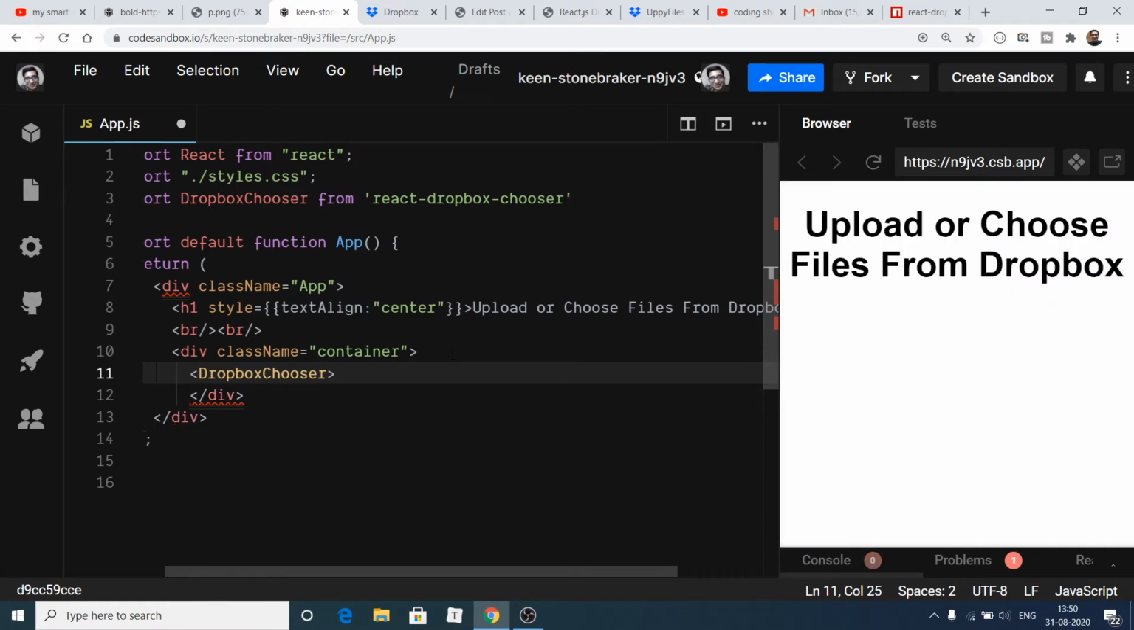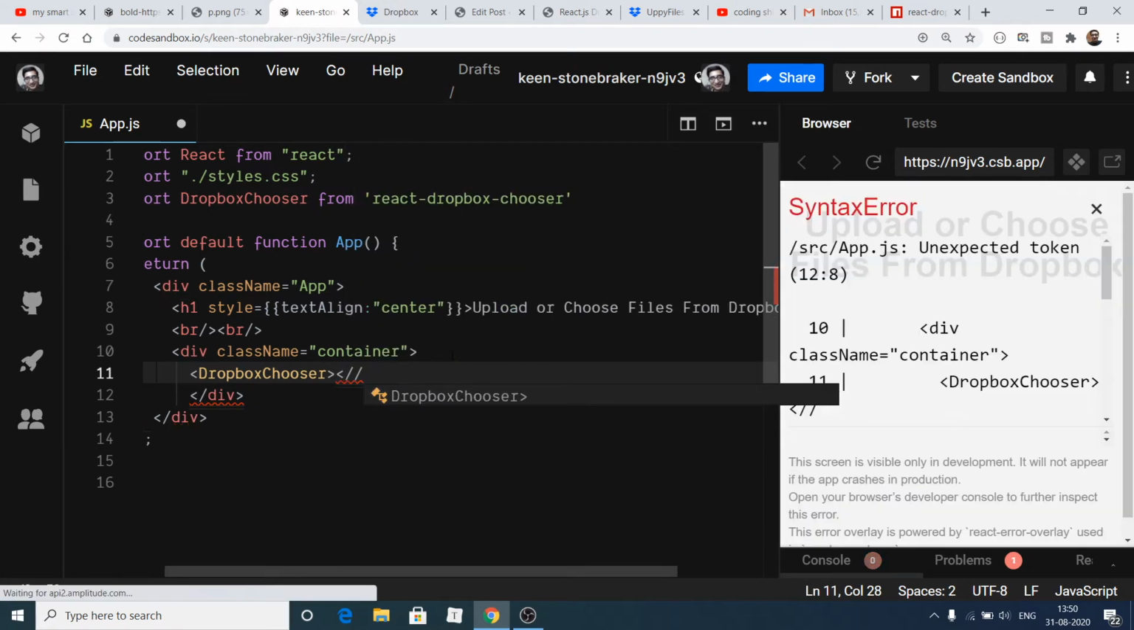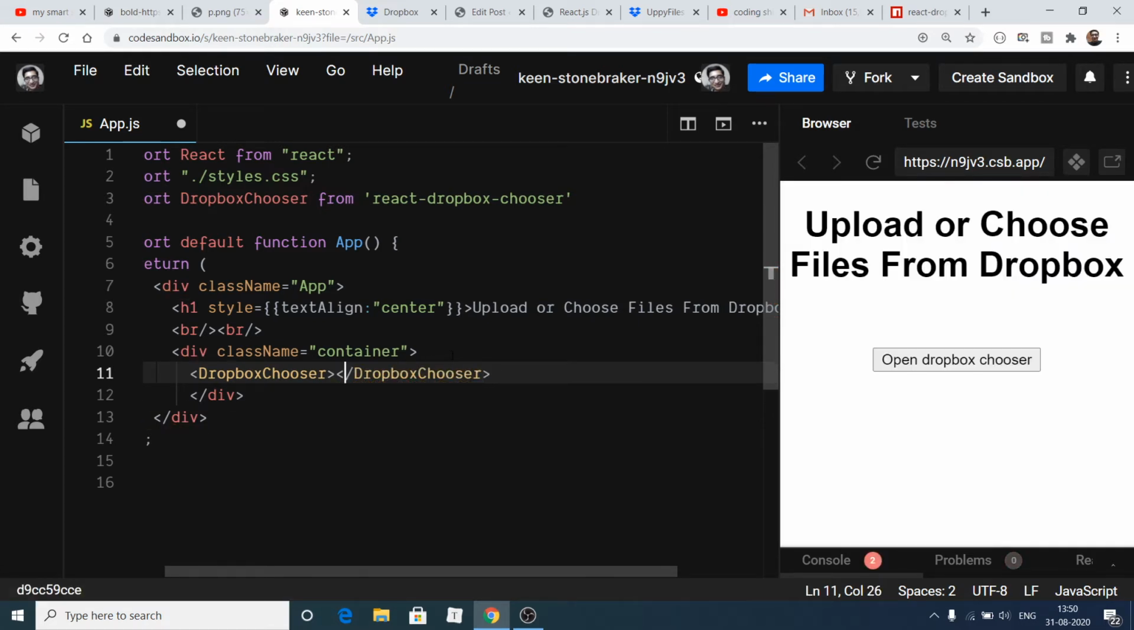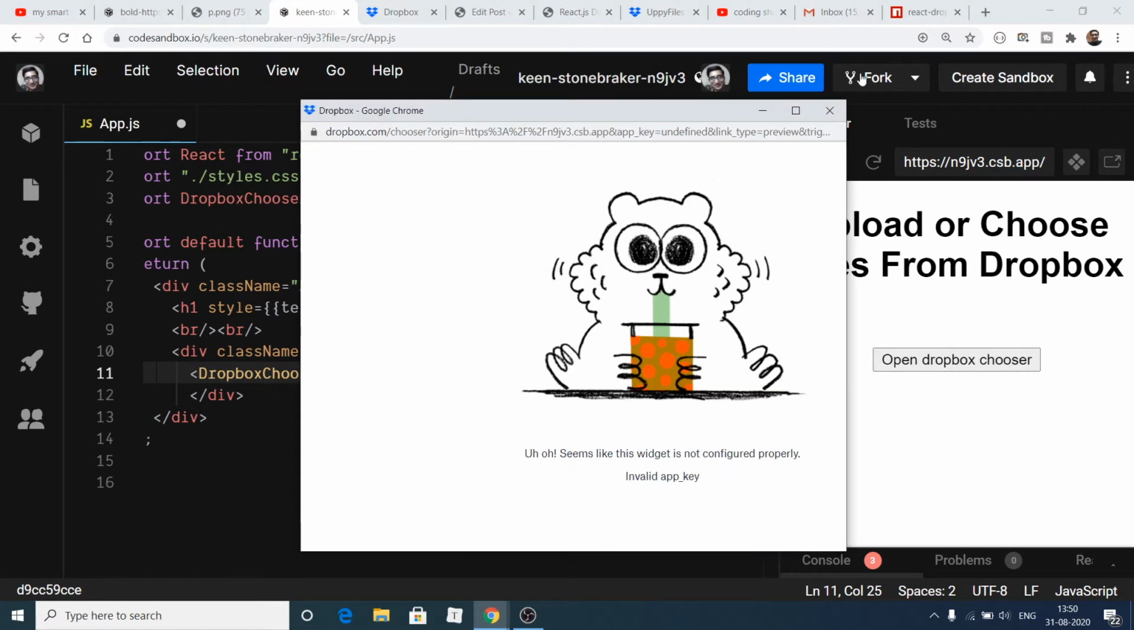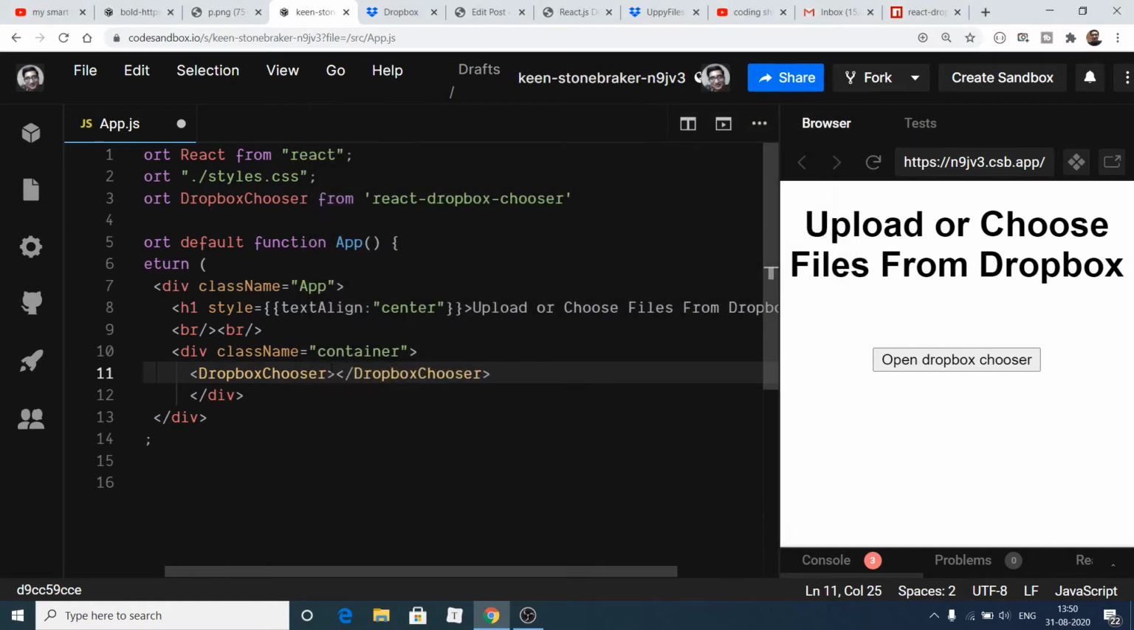It takes some parameters. So let me just close this simply. It takes some options. Now you will see this is our button here. If you click, this window will appear, but you need to first of all provide some options here. The first option it takes is the